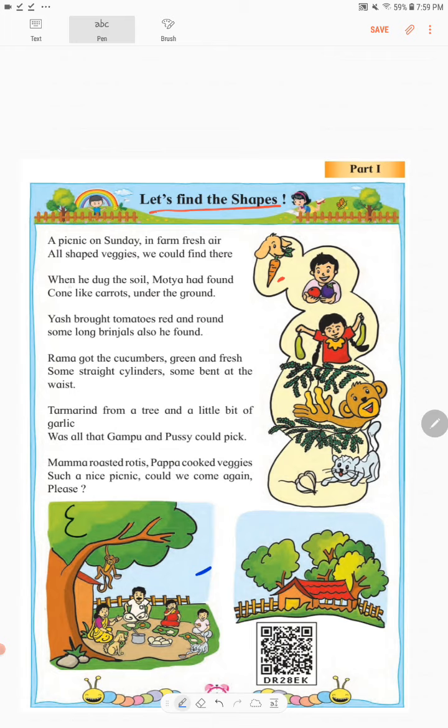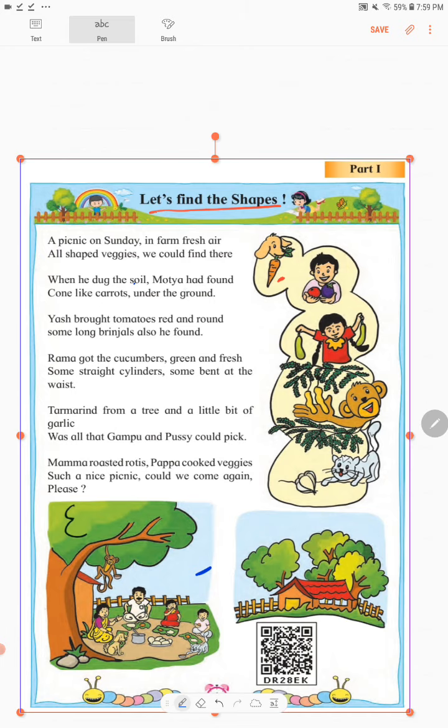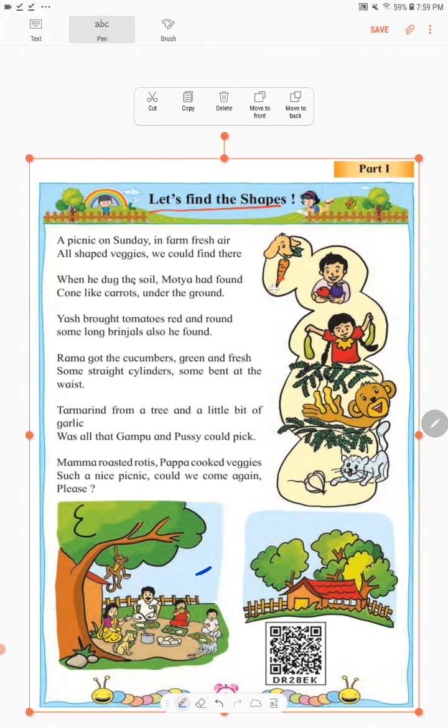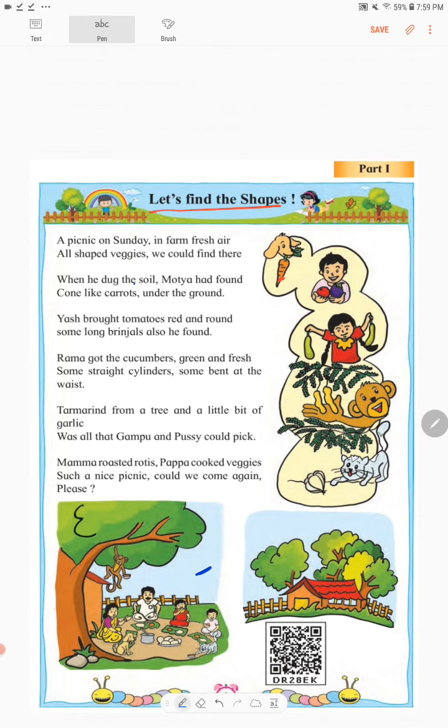So when he dug the soil, Motya found cone like carrots under the ground.